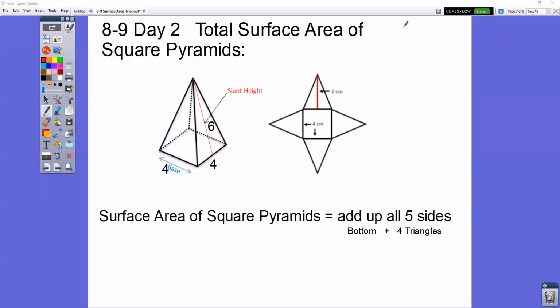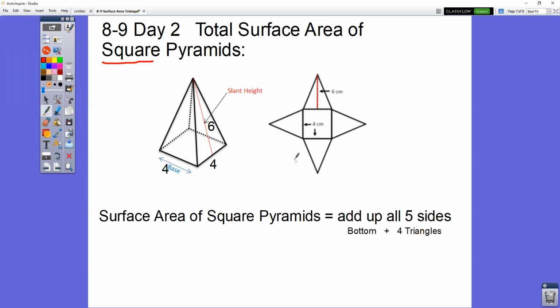This is the lesson for 8-9 day 2. What we're talking about today is the total surface area of square pyramids. In a square pyramid, this bottom part is always a square. So sometimes you will only see one measurement there. You can just assume, because we're talking about square pyramids, that it is a square on the bottom